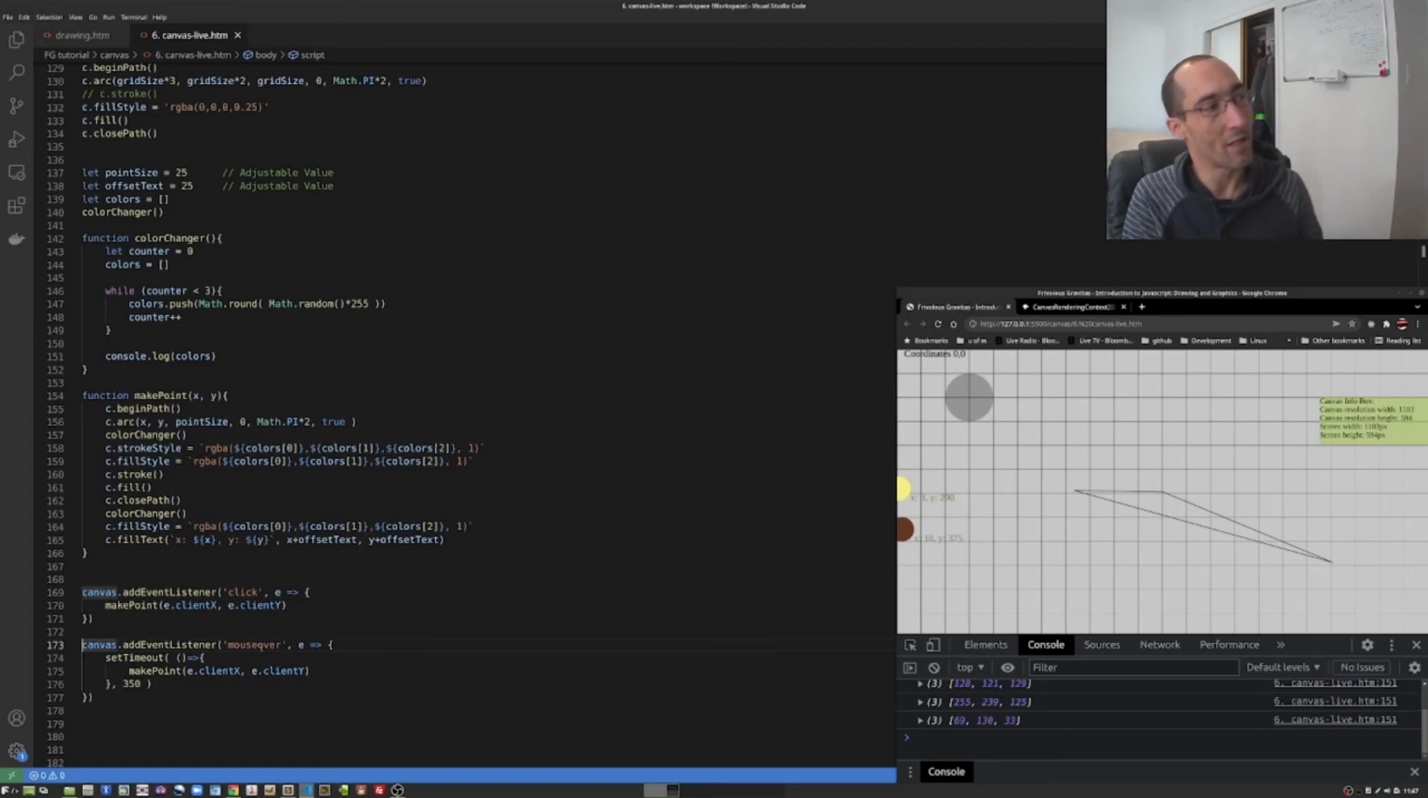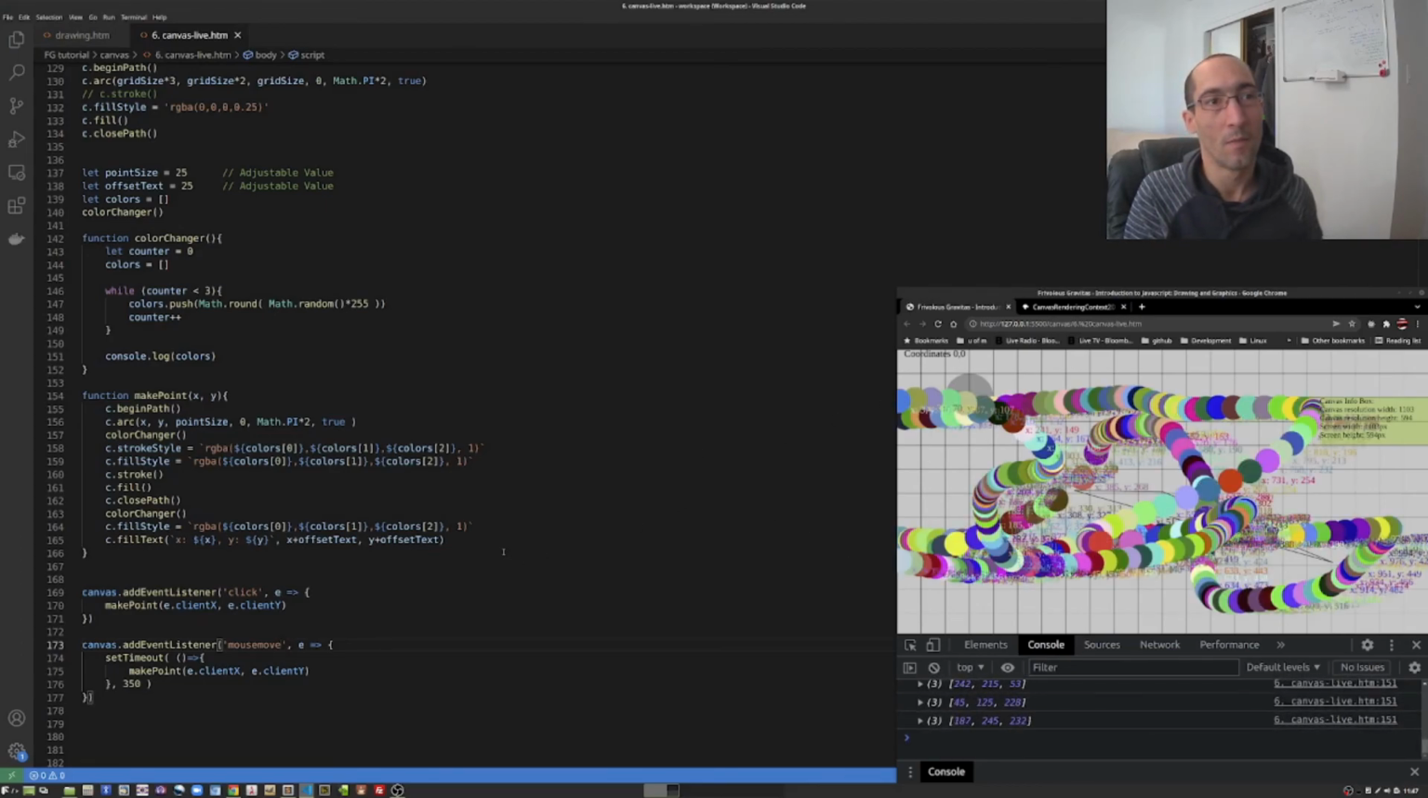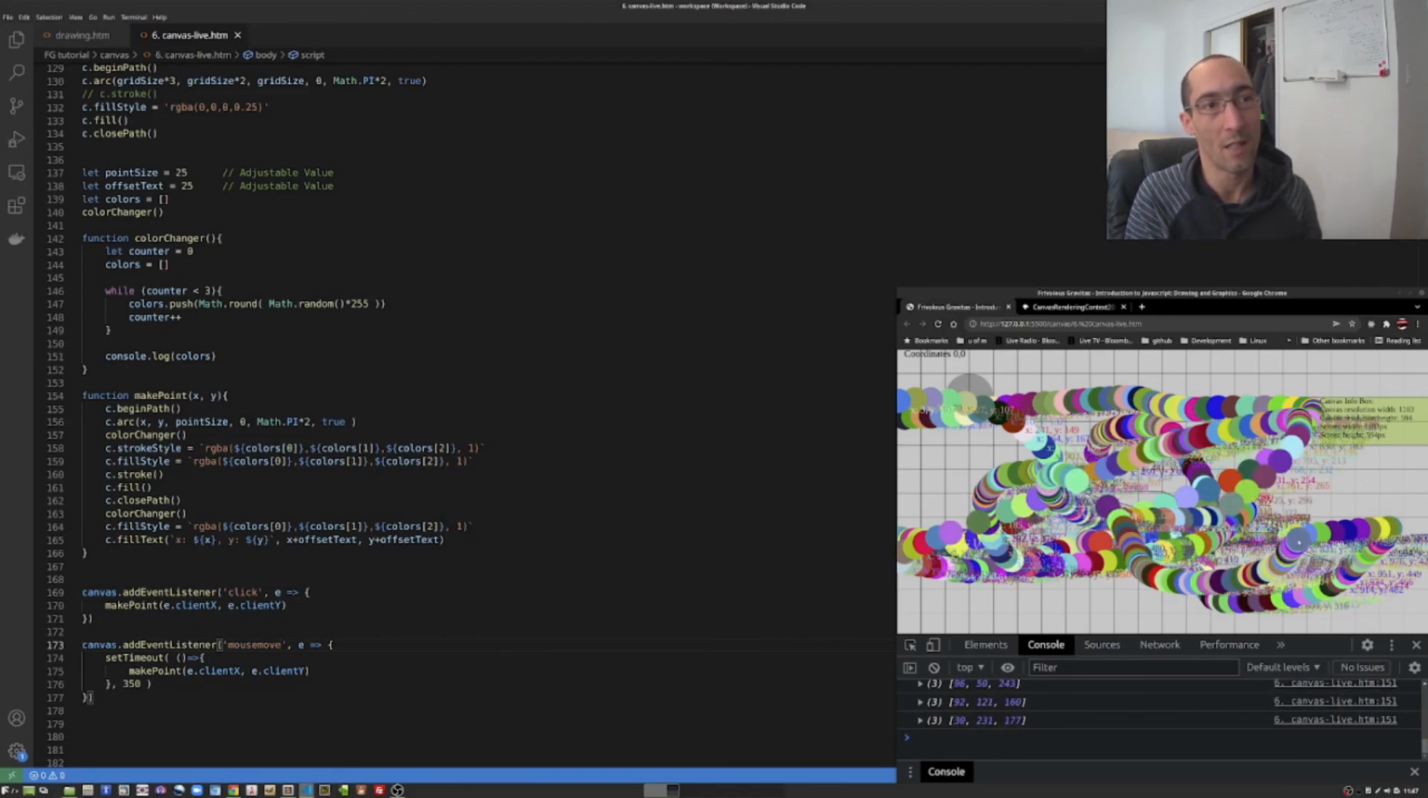Mouseover only triggers once every time you mouse over, so let's try a different one. I was trying to get it to mouse move, I think is what I wanted. Yeah, there you go. So now it's calling this function every time the mouse moves over top of the canvas, and that means like